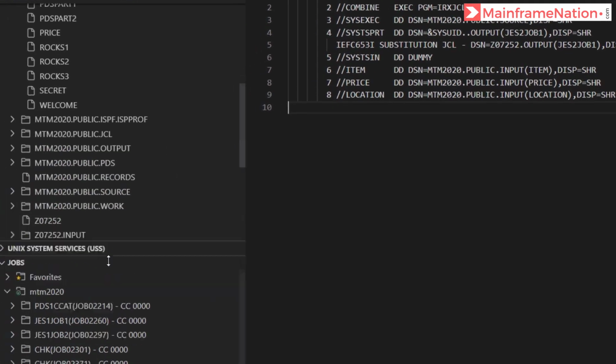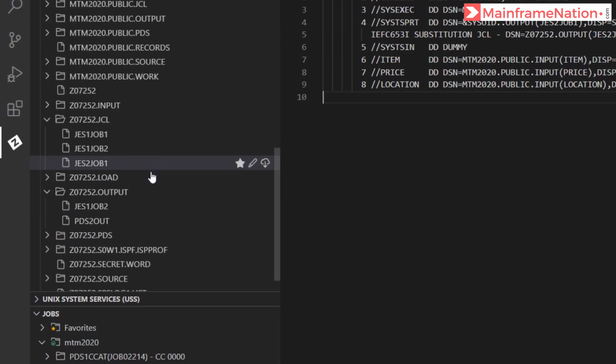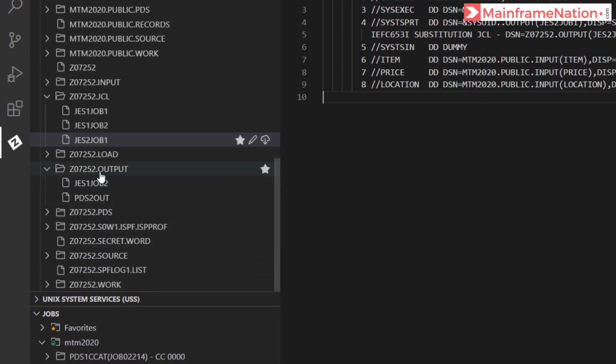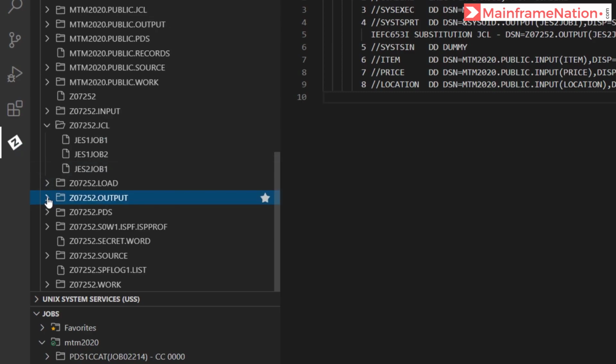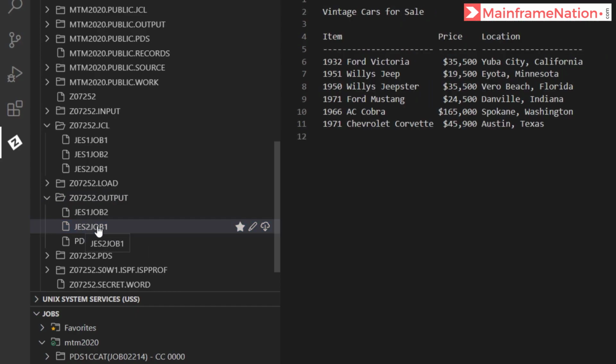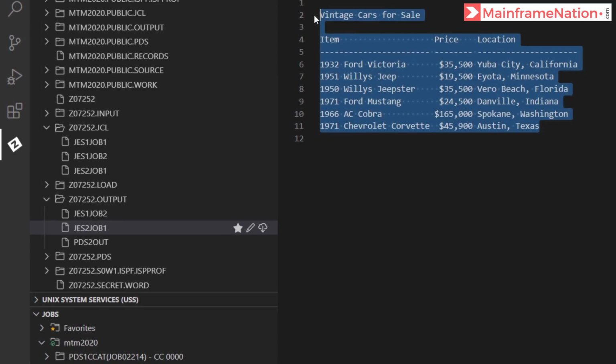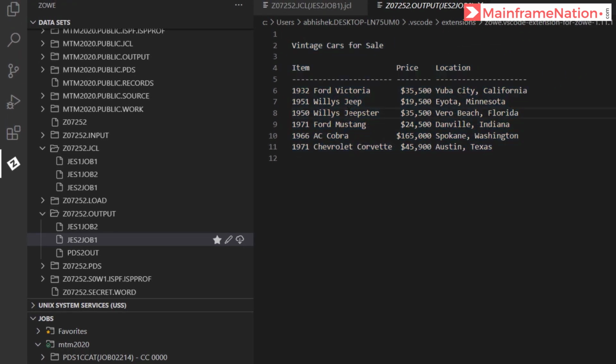To check the output, go to your output dataset. Here is my output dataset. Close and expand again, and you will see just to job 1 a new member is there inside this PDS, and this is the output of this JCL. Item, price and location.